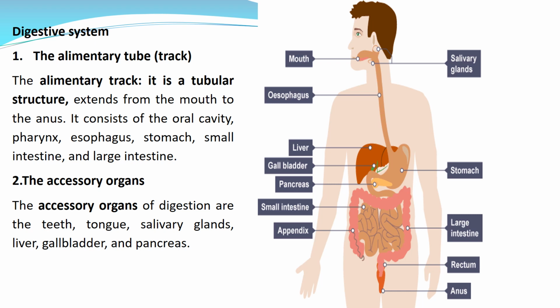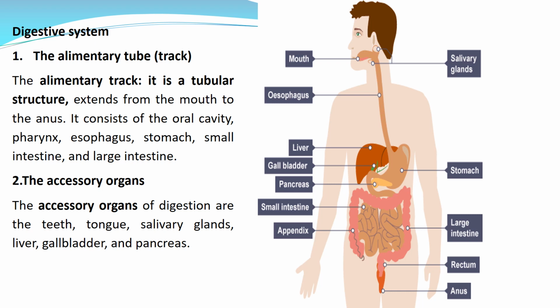The second part is called the accessory organs of the digestive system, which have a role here in the process of digestion of the food. Okay, so the alimentary tube is